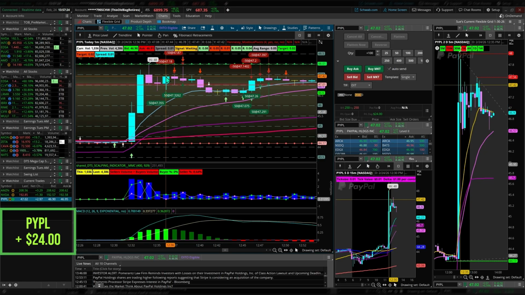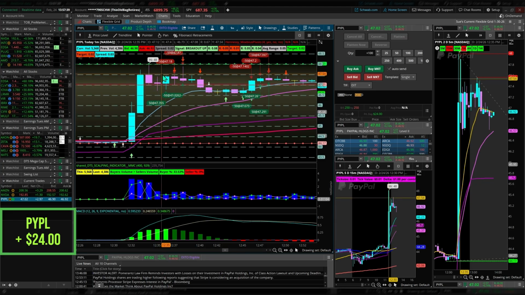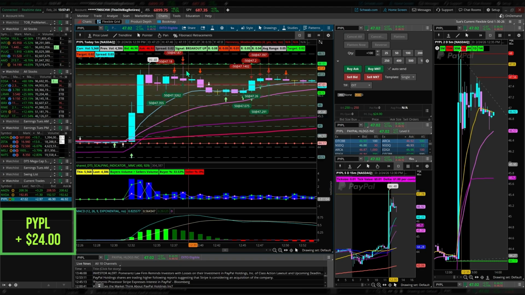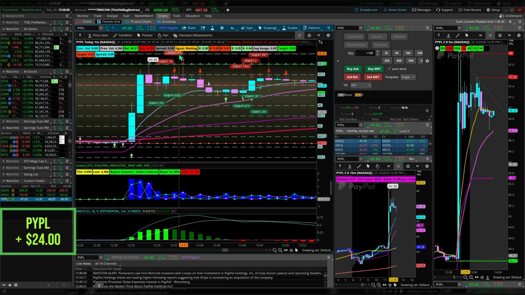I kind of jumped the gun a little because I got in at $47.35, which is just about right here. It was just right when it tapped the peak of that candle. I should have just waited, let it pass like 2 or 3 more ticks up. So it didn't. It pulls back right here and I get out for, I don't know, 20 cents or whatever. And then I get back in over here. I take 50 shares at 47.32 and I get out for about 50 cents more. I see these wicks come down, I just get out. I knew it wasn't going to run yet.